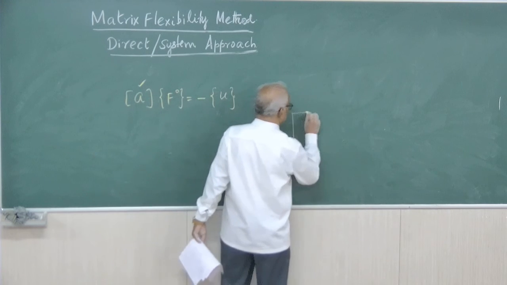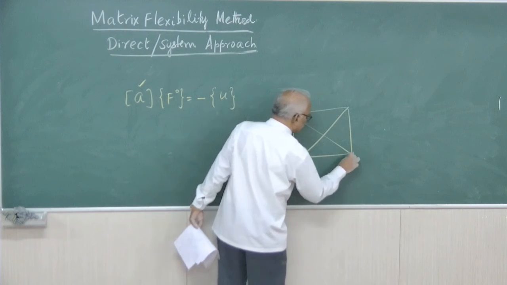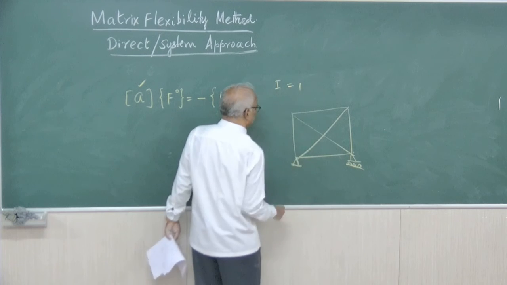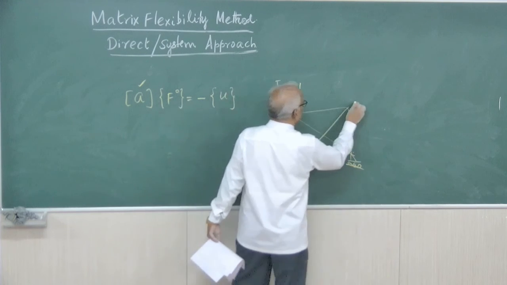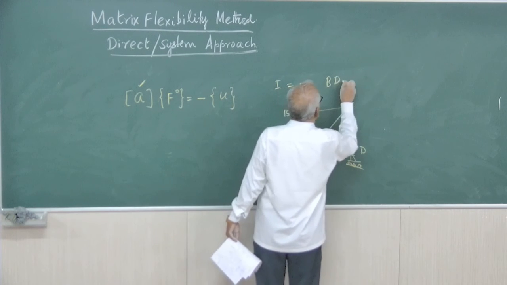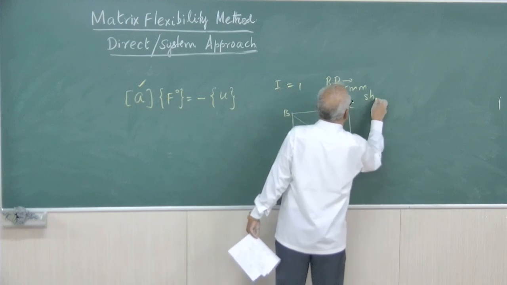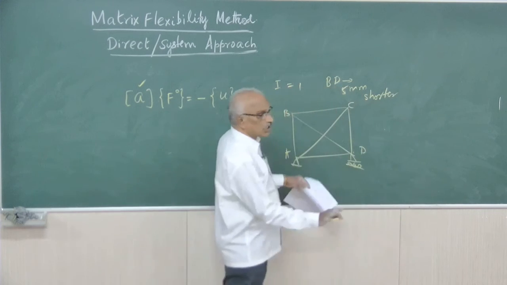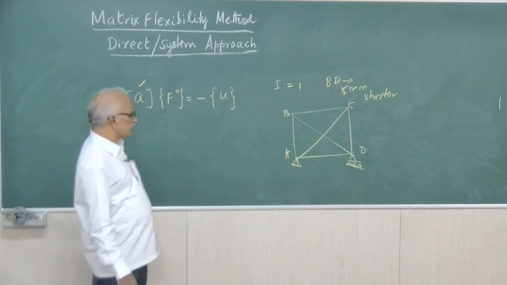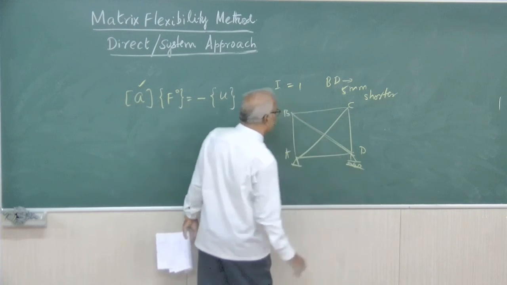Suppose there is a truss like this, there are 2 diagonal members. Suppose this is hinged, this is on rollers. So here, internal redundancy equal to 1. Suppose A, B, C, D. The truss means, suppose the member BD is 5 mm shorter. Means no external load is given. If external load is given, that also can be dealt with. Generally, this is the procedure. Right. So, suppose member BD is short in length by 5 mm.